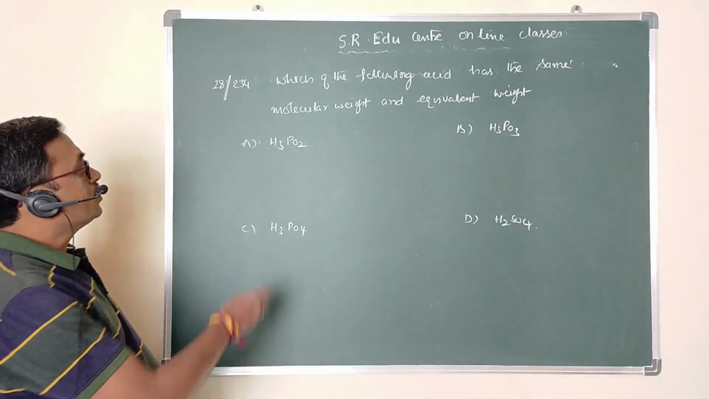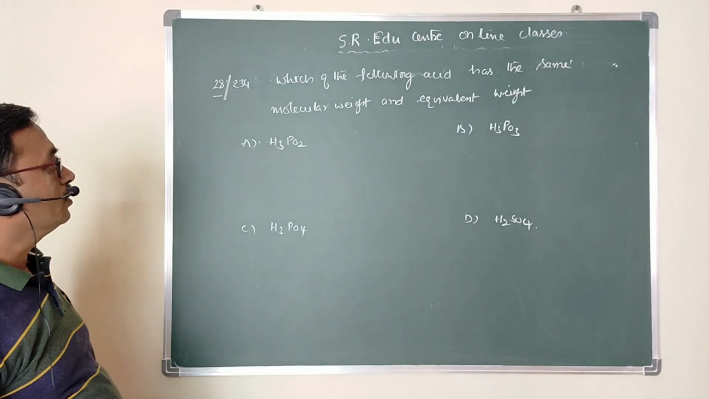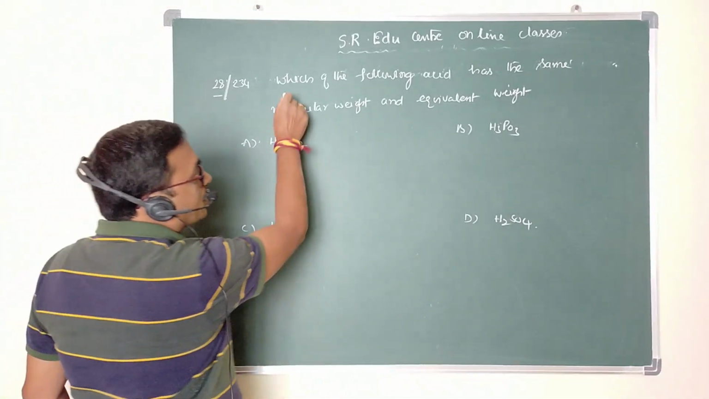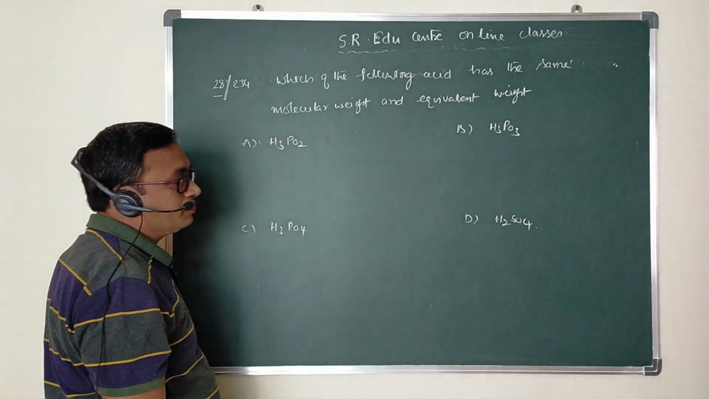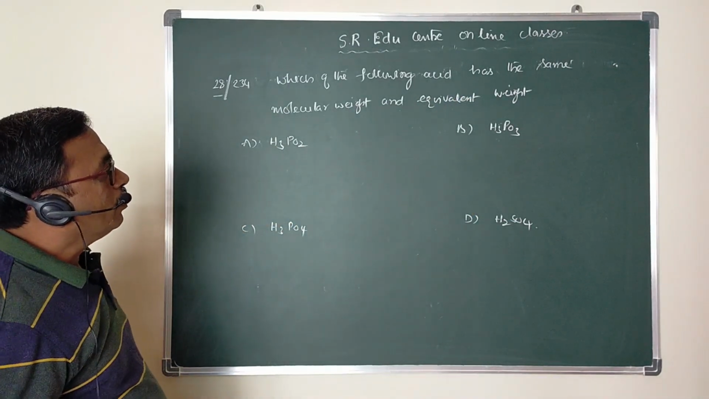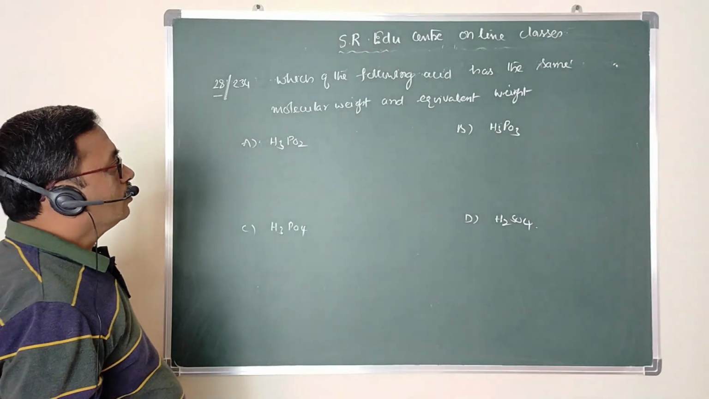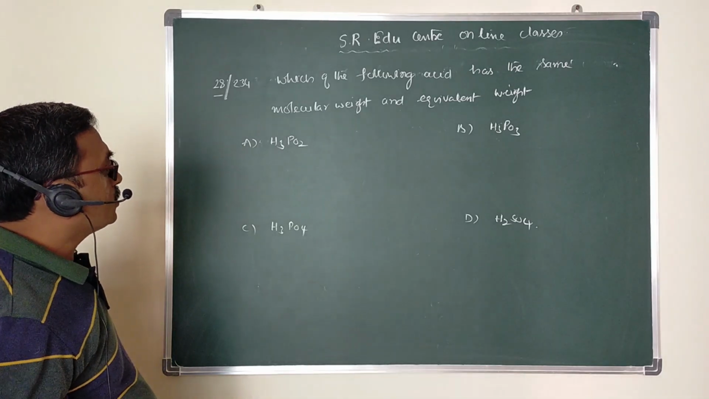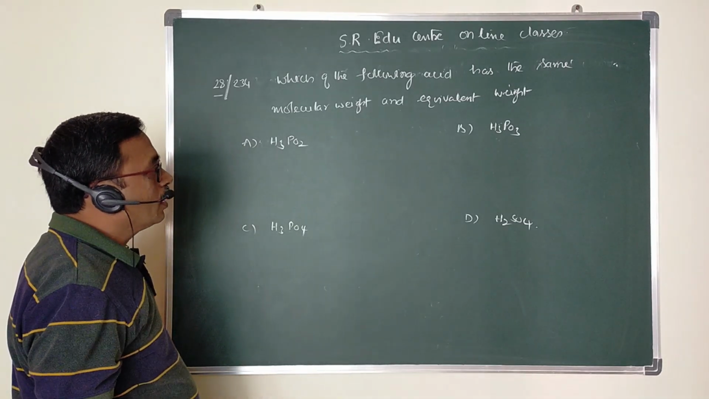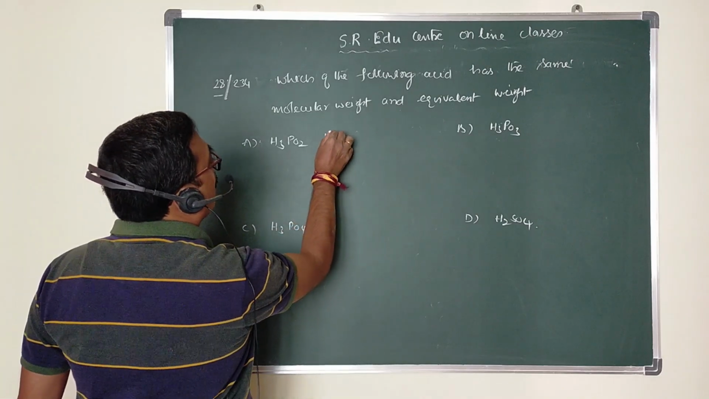See, the first question is 28, page number 234 in exercise 1. The question is, which of the following acids have the same molecular weight and equivalent weight? Molecular weight becomes equivalent weight when n factor is 1. So before discussing this question, if you consider the structure of these acids, you can get the n factor very easily. H3PO2 is called